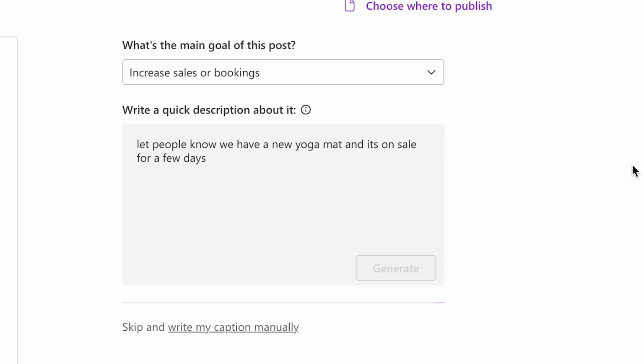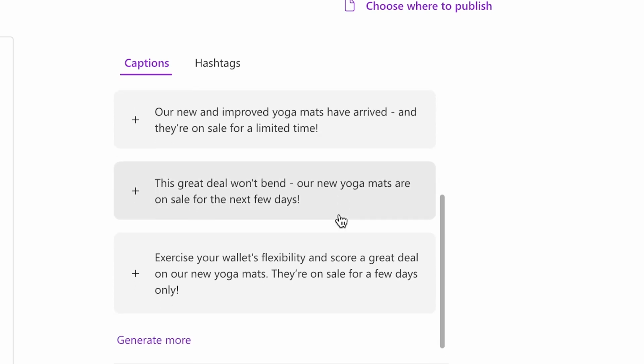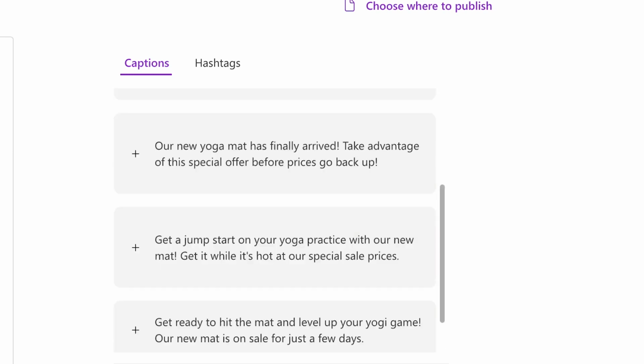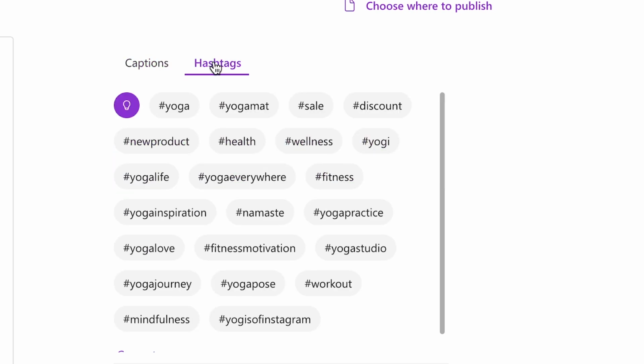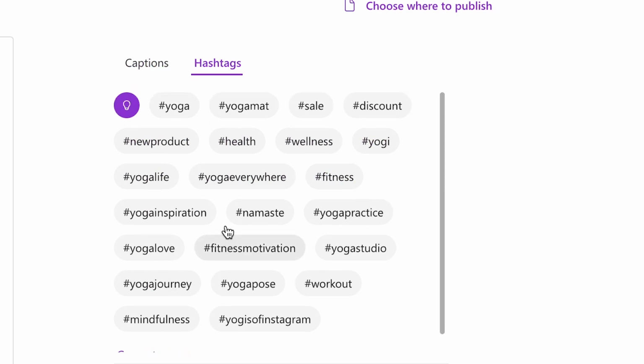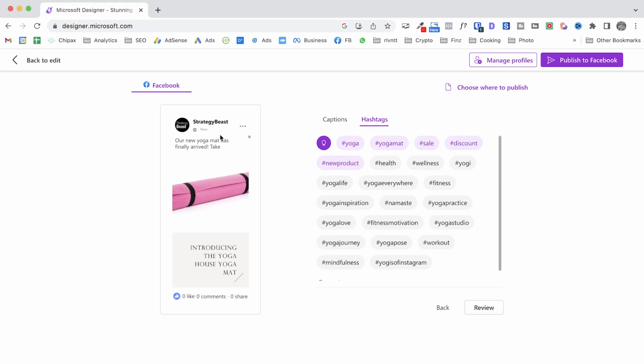It will take a moment, and it was very quick. It's giving us a few ideas. We can generate more if we are not happy with the results. So I'm just going to pick this one, and then we can get these AI created hashtags. So I'm going to select a few of these, and as you can see, we get this preview,